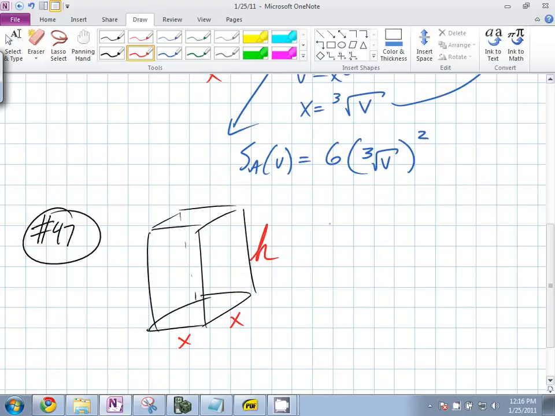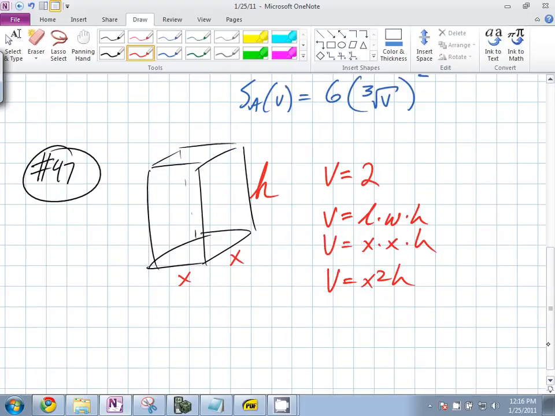What's the volume of this box? 2. But we know volume is also equal to length times width times height. So in this case, the volume is going to be x squared h. But I wanted the volume just in terms. What is it asking for in this? The area of the surface in terms of